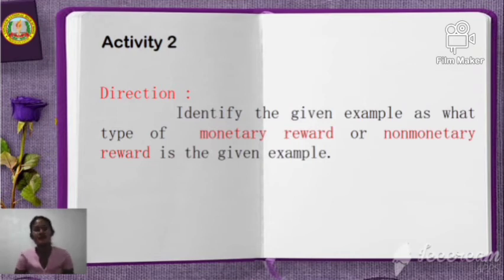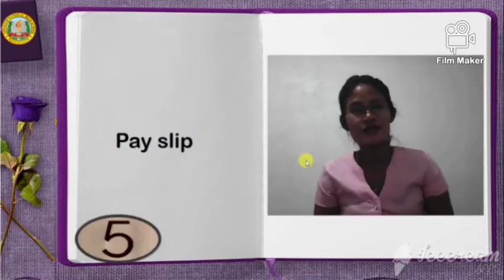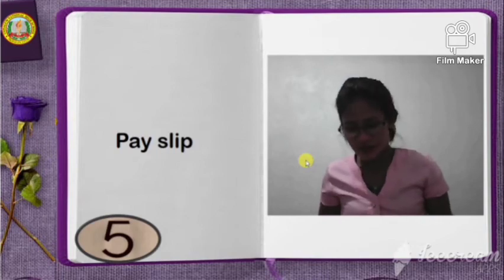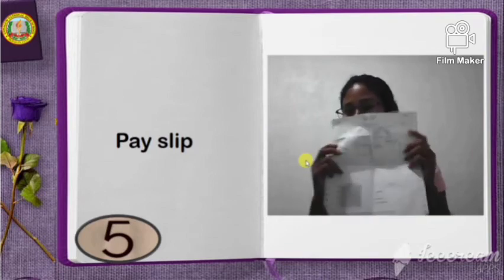Okay, so let us now go to activity 2. We're done with activity 1, let's go to activity 2. For activity 2, let us go back to my pre-assessment or my initiating activity. A while ago, I told you to identify these as monetary reward or non-monetary reward. This time, you get to read the direction for our activity 2. For number 1, I hope you understand our direction. Kindly identify this. What kind, monetary or non-monetary? So again, we have